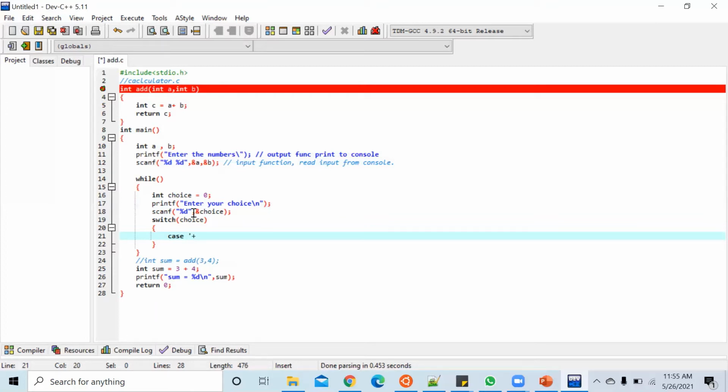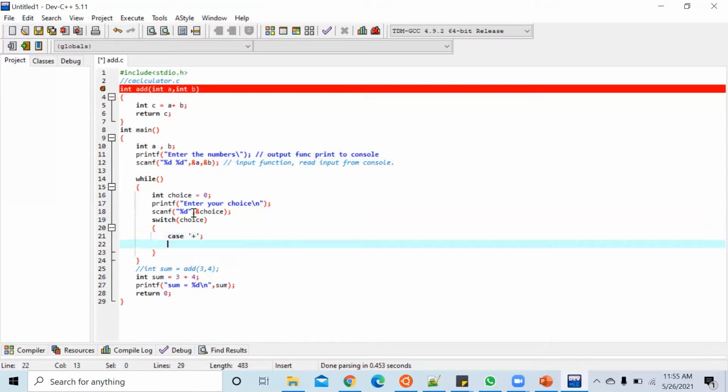Okay, I will add plus. Float result is equal to 0. I'll mark this as result is equal to.